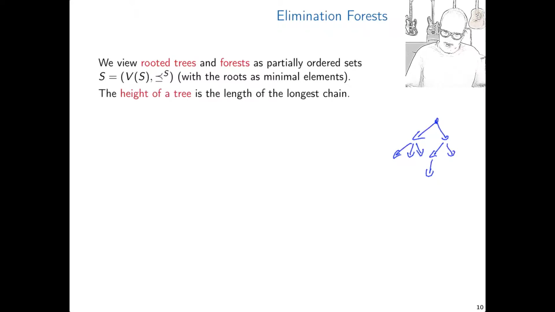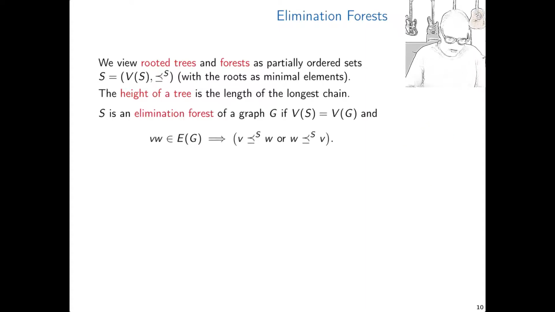And we say the height of such a tree is the maximum length of a chain. So in my picture, this would be a chain of maximum length, and the length here would be 1, 2, 3, 4. So the height of this tree would be 4. That's the way we would measure it if we take this partial order view. Okay? And then an elimination forest for a graph G is a forest with the same vertex set as the graph G,